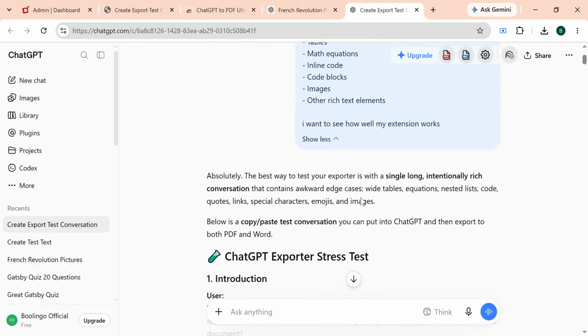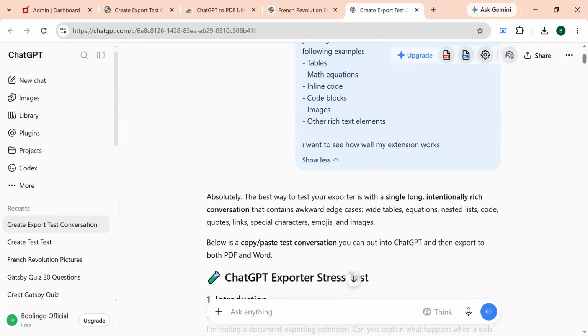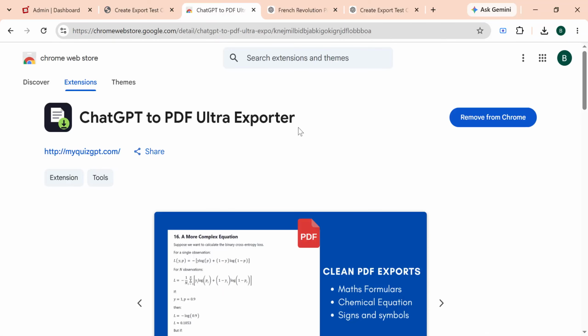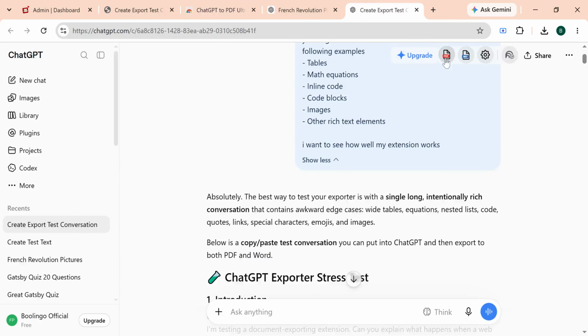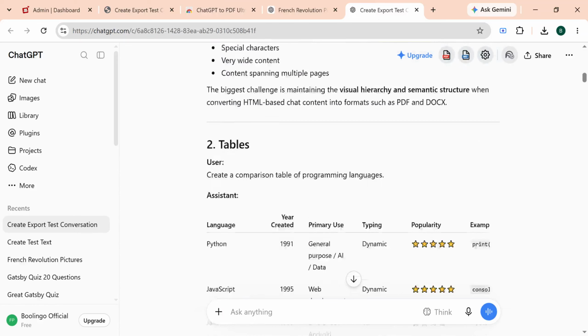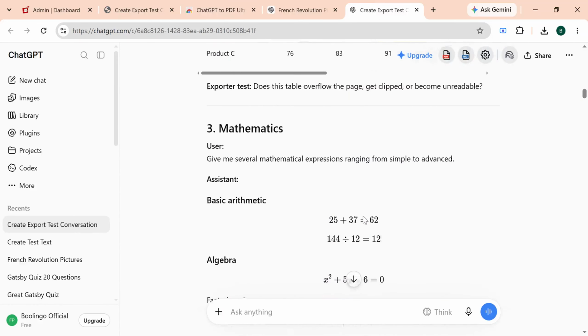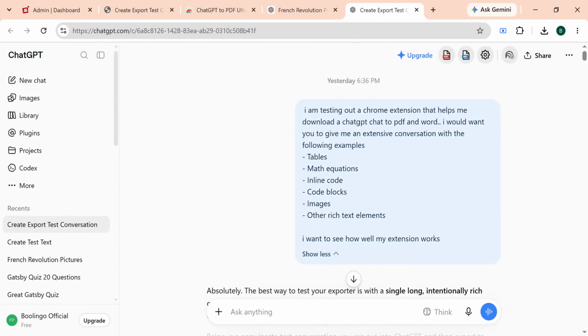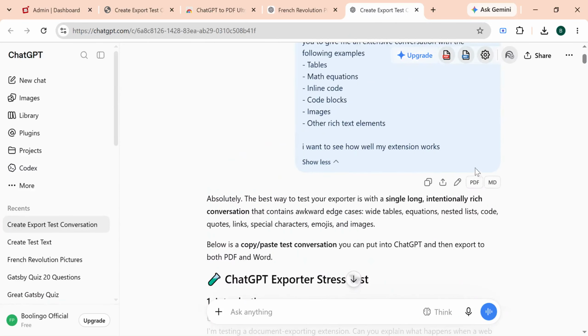This is a rich test that contains different formats. Let's try and export it to PDF. When you install this Chrome extension, you are going to see these icons at the top. This is the PDF icon. Or you can decide to say, okay, I don't want to export it that way. You can go to the bottom of it and then you see PDF or Markdown